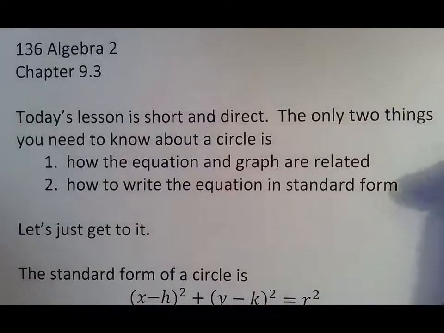9.3, very short and direct. Only two things you need to know about what it is. And again, 9.3 is about circles, and how the equation and graph are related. I'm going to show you one direction and assume that you can work on your own, which you can, to be able to go forwards and backwards, because once you understand the relationship, I think everything else